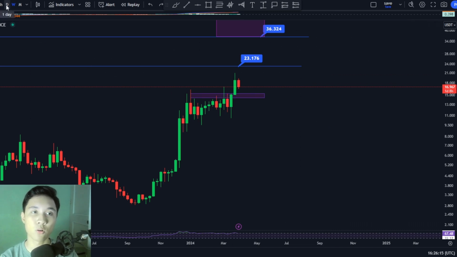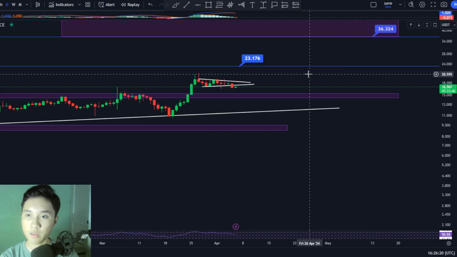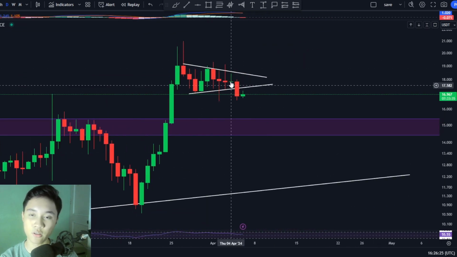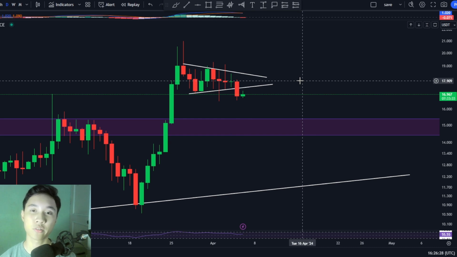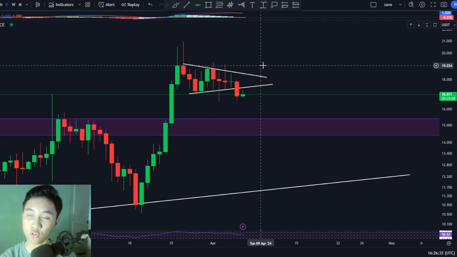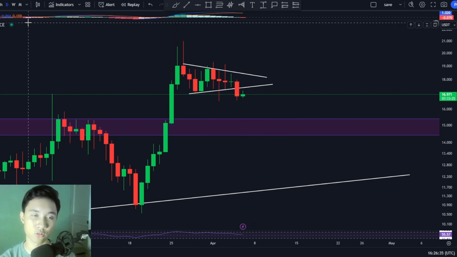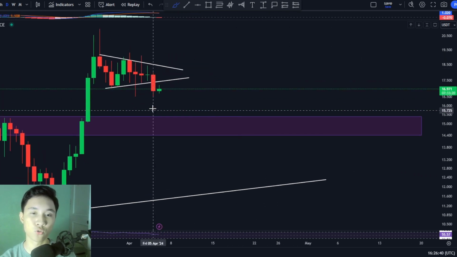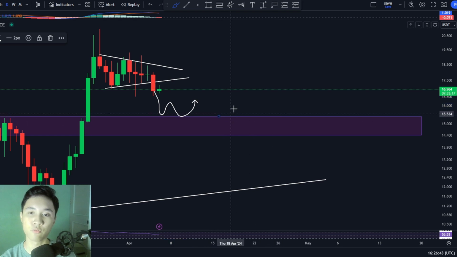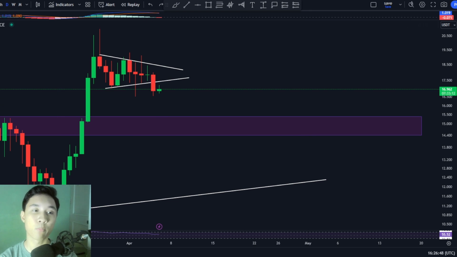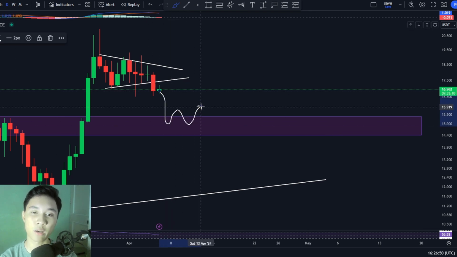And of course, all I have to say right now is just manage your risk, because in the short term, we could be expecting some flash crashes to happen, such as these. So that is why it's important to manage your risk and be aware of these possible outcomes in the short term. But in the long term, in my opinion, I think that the chart looks healthy. And yes, if you do see ICP dump back to this support zone right here, and that is at around $15.4 in the short term, if we do get the opportunity to see ICP revisit these levels, I might open up a long position